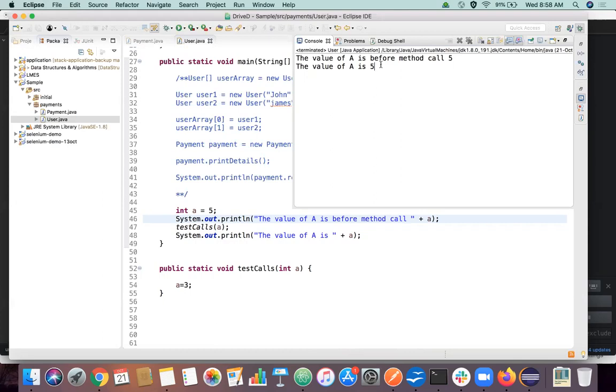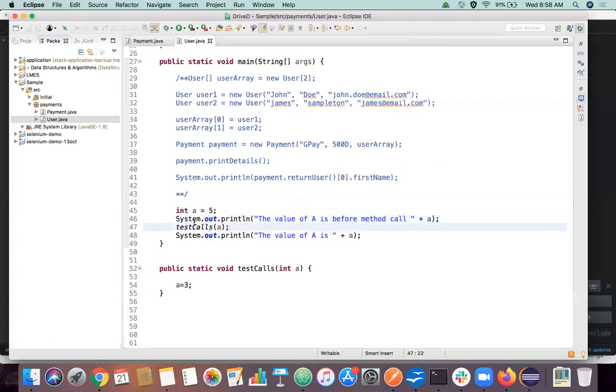Okay, the thing is that it's not because of that. The thing is that we are calling by value in Java. Every primitive data type or predefined data type in Java is called by value. What I mean by call by value is we are giving this particular a as an argument to this particular method, but we are assigning this value a as a value only, not as a reference, right? This particular a inside this method doesn't refer to this a. Both are completely different objects in memory, right?